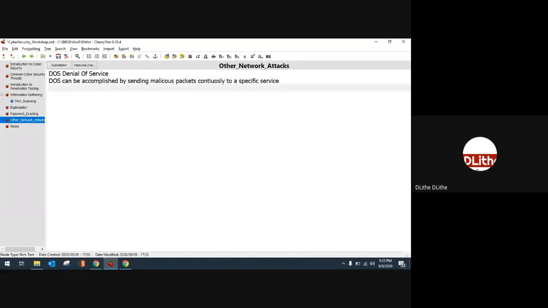You can typically do this with tools like HOIC and LOIC. So make sure you do not do it on real-world websites. Rather, you can use your own dummy systems, like you can try it against your Windows 7 or Windows 8 computer on whatever port you have.